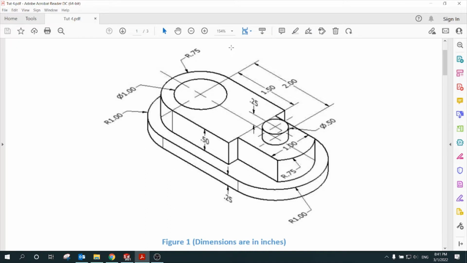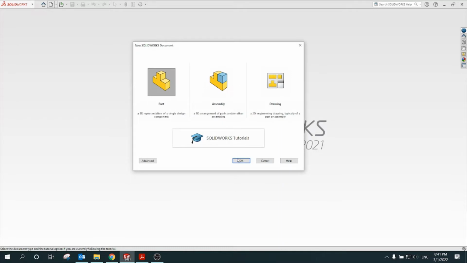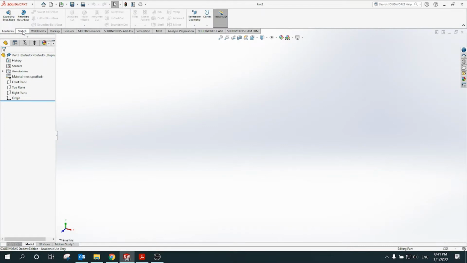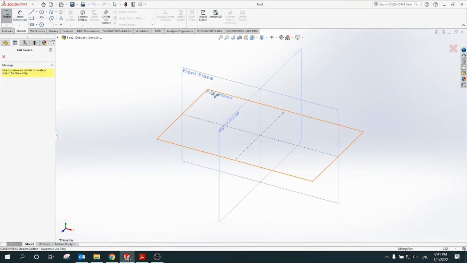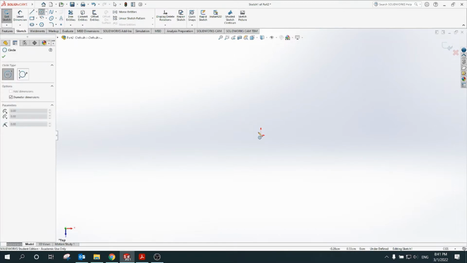So if I look from top view, I will see the 3 features, but remember, when I make the parts, I have to start step by step. So let's go and make the first feature in SolidWorks. This is new part. When I select sketch, I choose the top plane, and if you remember, you'll just make